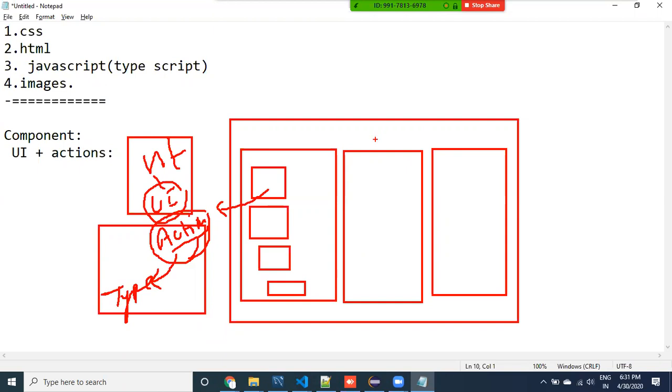Fine, guys. If you want to understand and develop this Angular application, all you need to know is the basics of any programming language like Java or C# or Python. Only those things, guys. Whatever things we have already learned are sufficient to learn all these things.